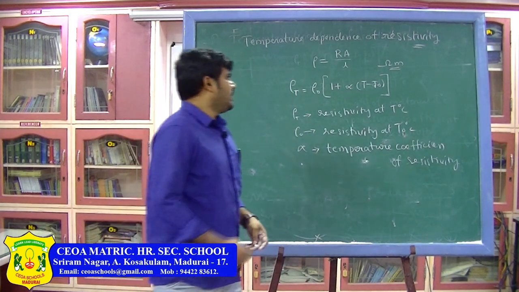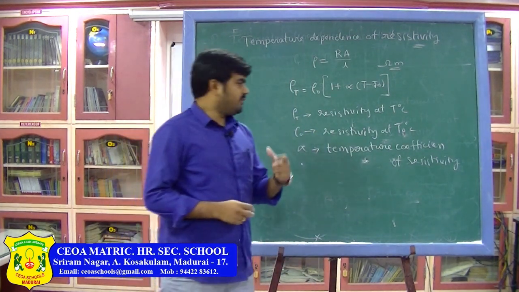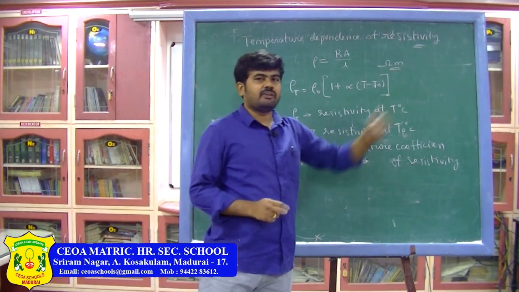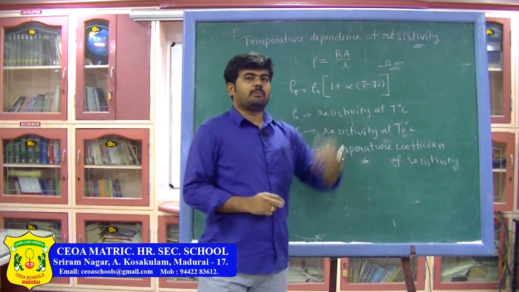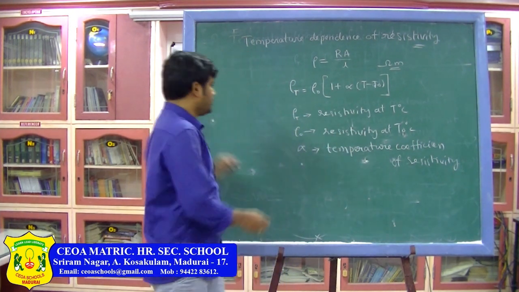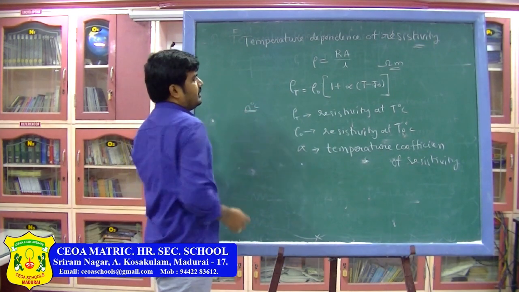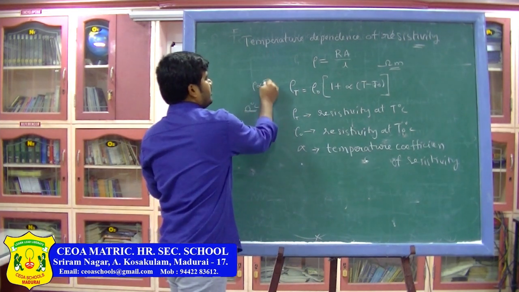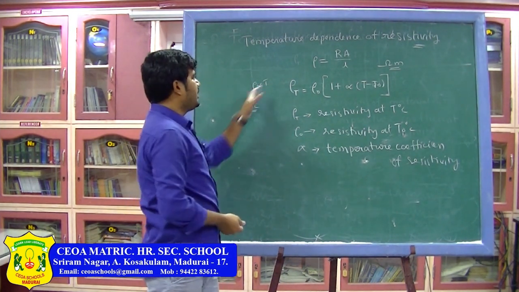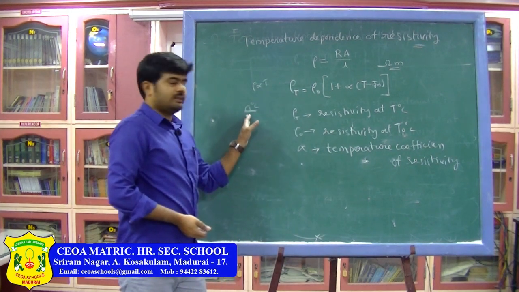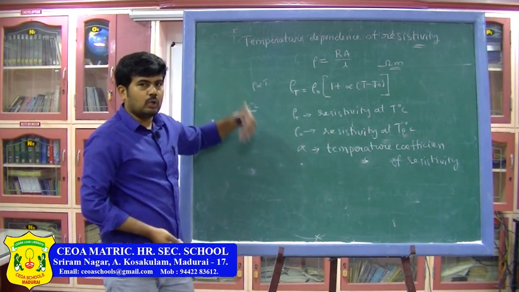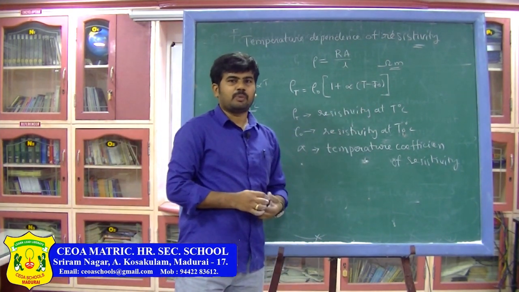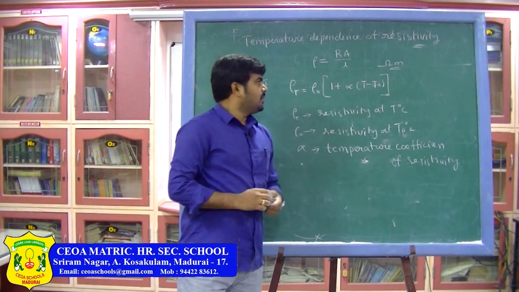Generally for conductors, if you talk about only conductors, the resistivity of conductors increases with the increase in temperature linearly at some high temperatures, but at temperatures below 0 degree Celsius, the relation may not be a linear one. So generally it is directly proportional to temperature, but below 0 degree Celsius it may not be directly proportional. That is why it is not linear at low temperatures, but at higher temperatures the resistivity of conductors is directly proportional to the temperature of the material.